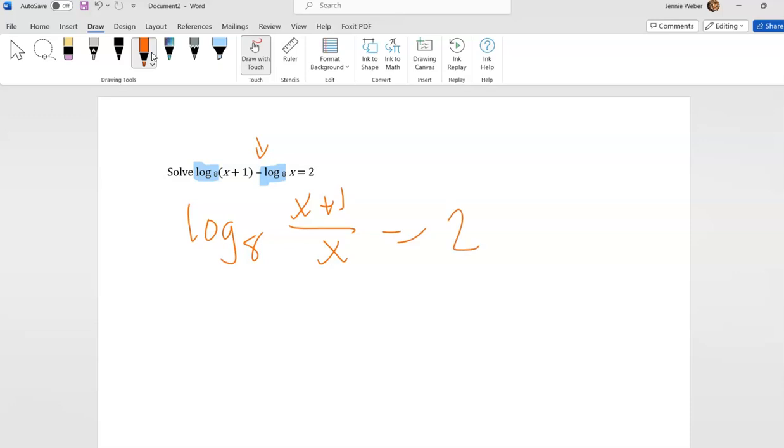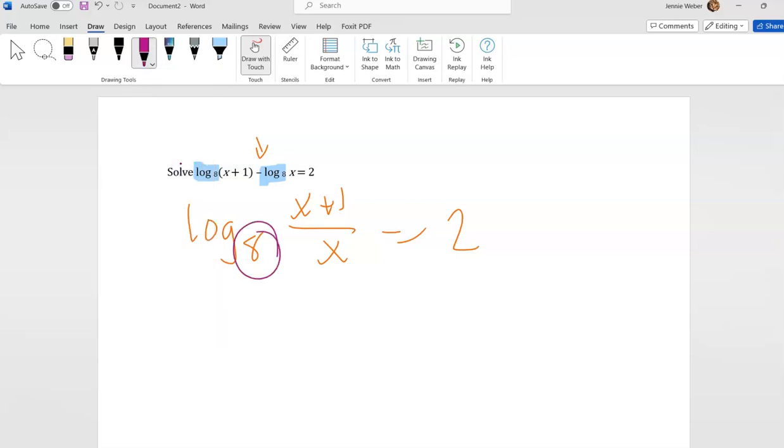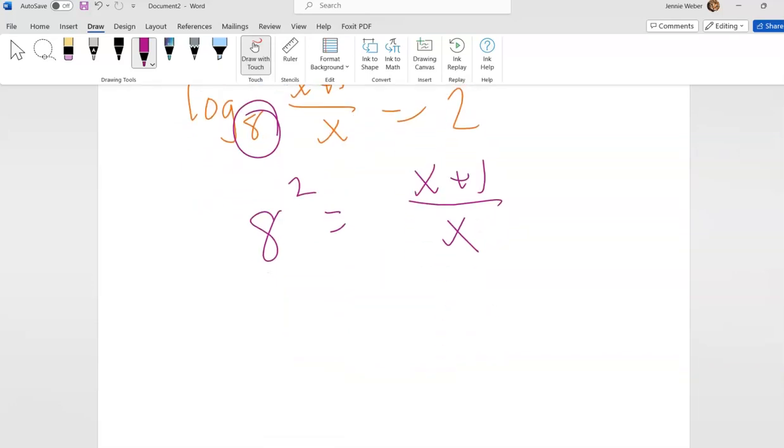Now at this point, I have one log, so I can use my definition of logs to rewrite this. So when I use my definition of logs, right, this is the base, this is the exponent, and it equals this. Okay? So now what I have to do is figure out,